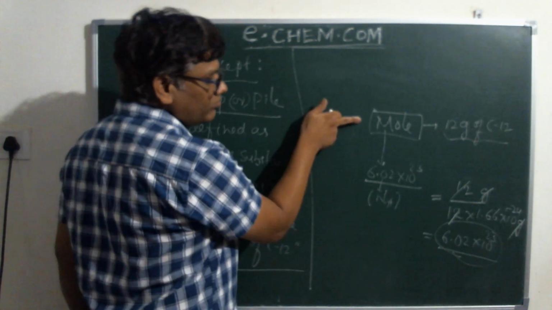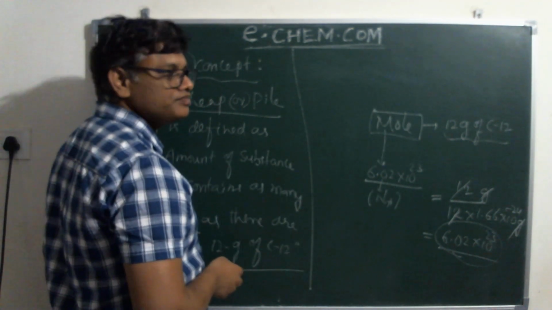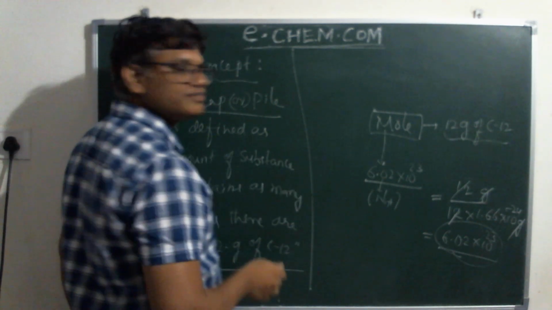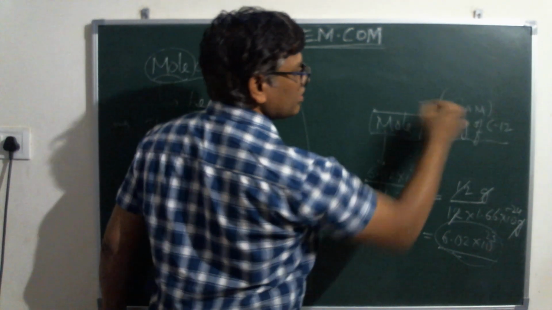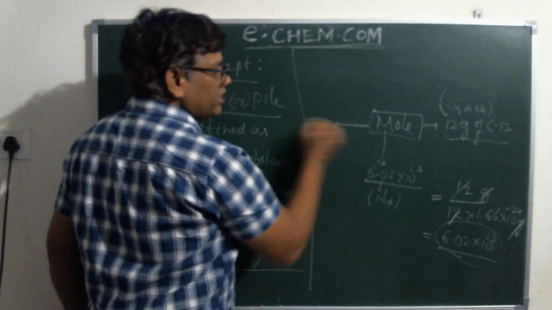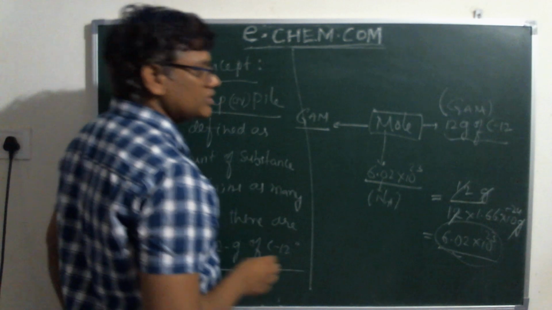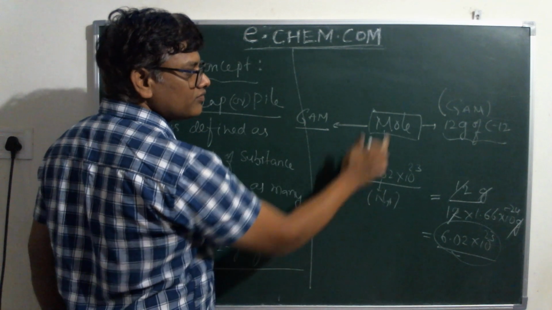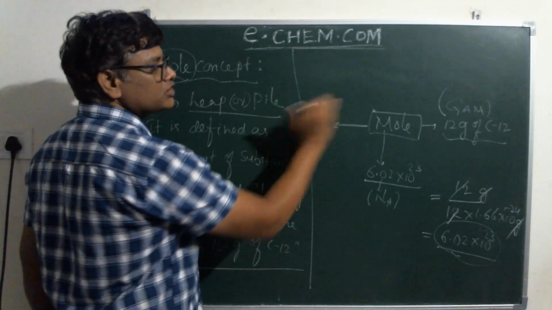This is a relation we can take, mole number relation with respect to carbon 12 isotope. This is a mole mass relation. This will be mole number relation. 12 gram carbon 12 is nothing but gram atomic mass of carbon 12. Likewise, we can take gram atomic mass of any element as carbon 12. Gram atomic mass of any element contains Avogadro number of atoms, so that gram atomic mass of any element has to be taken as 1 mole.